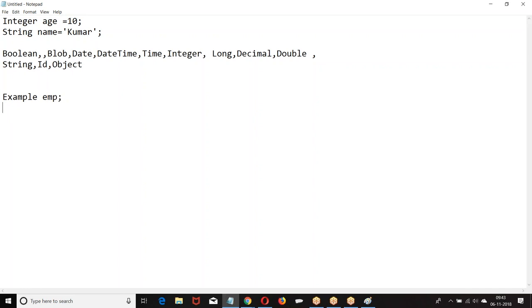Is it a primitive variable or a reference variable? Reference variable. Why? If it is not a primitive data type, it is called a reference variable. Now look at this. What is student? Data type. What type? Apex class. What is std? Variable. What type of variable is this? Reference variable.